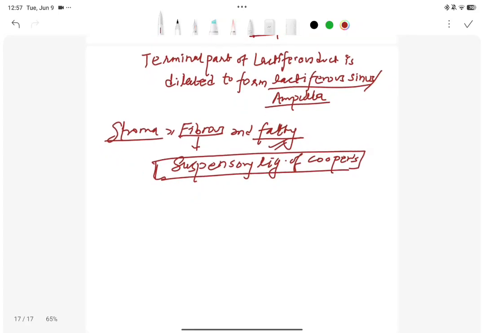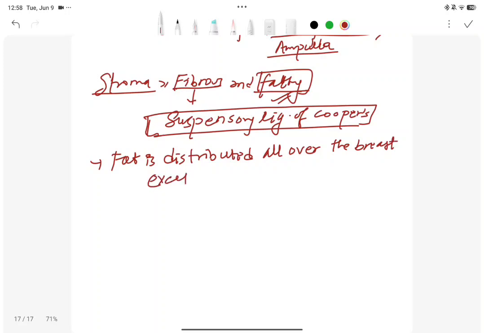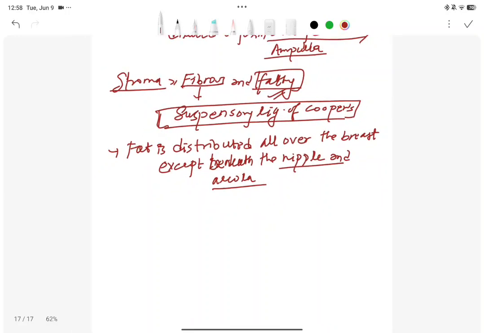सस्पेन्सरी लिगामेन्ट अफ कूपर्स ले चाहिँ it divides the breast glandular tissue into the 15 to 20 lobes and the fatty tissues form the fatty stroma है। सो स्टोमामा त्यति नै कुरा थियो। द्याट फ्याट फर्म्स द मेन बल्क है। सो फ्याट इज डिस्ट्रिब्युटेड अल ओभर द ब्रेस्ट, एक्सेप्ट बिनिथ द निप्पल एन्ड एरियोला है। निप्पल र एरियोला बाहेक जतासुकै फ्याट हुने भयो। सो यति थियो ब्रेस्टमा चाहिँ।